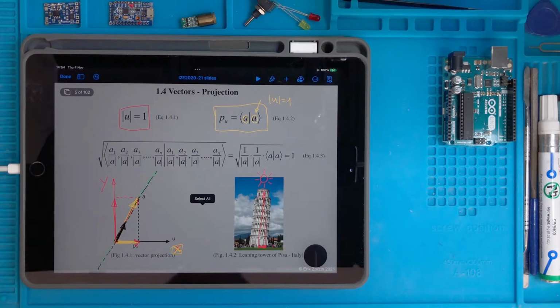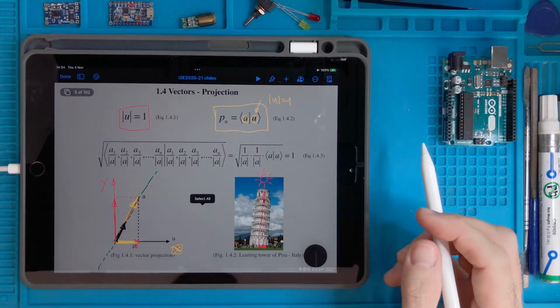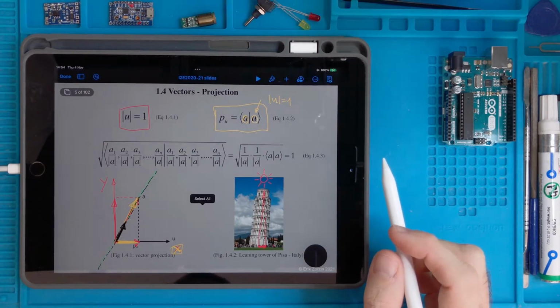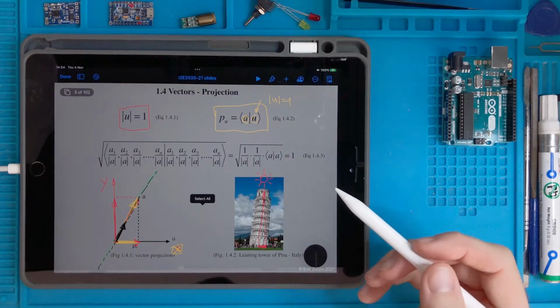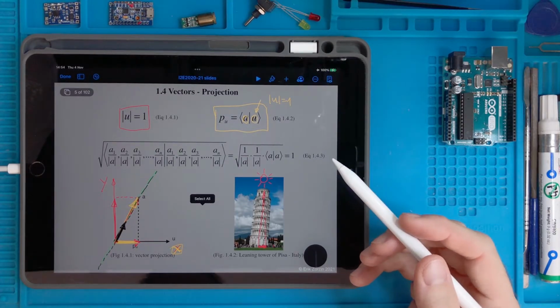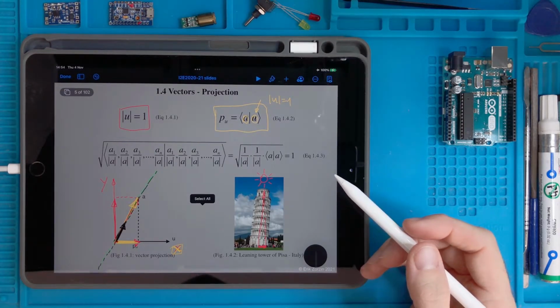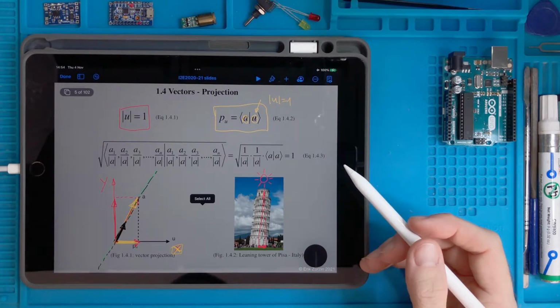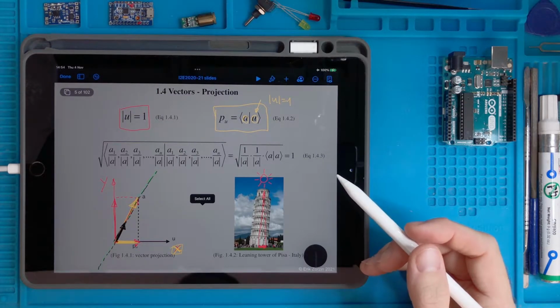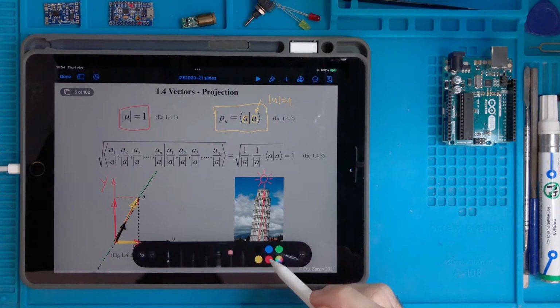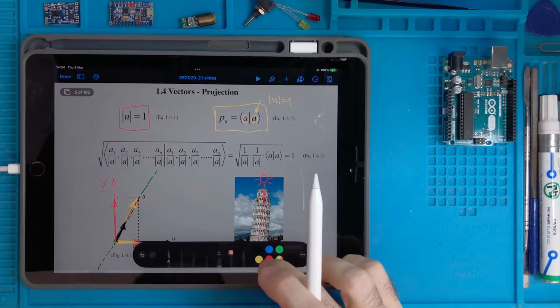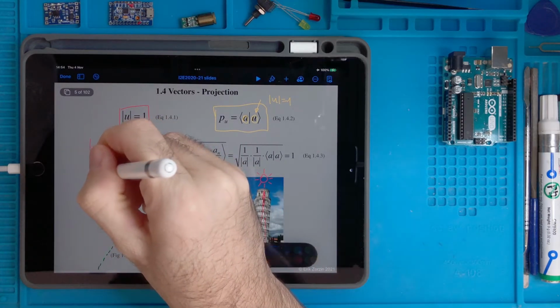So how can we do this? It's simple. We can demonstrate that if we take a vector and we divide each of its components by its magnitude, then we get a vector having the same direction but magnitude 1, which is what is written here in this formula.